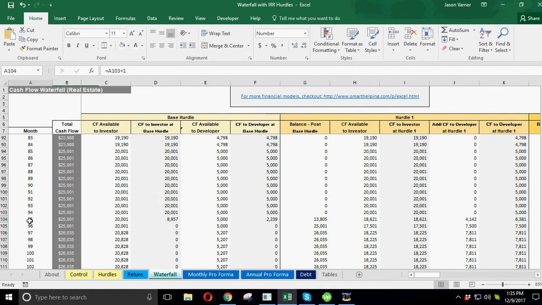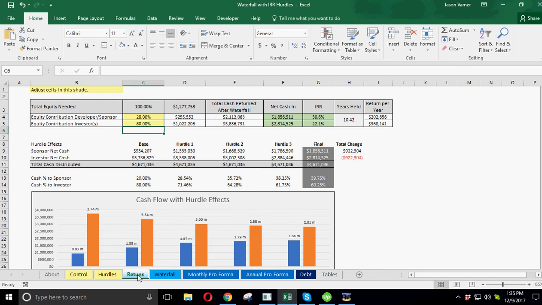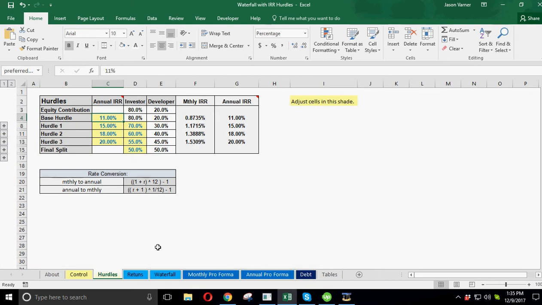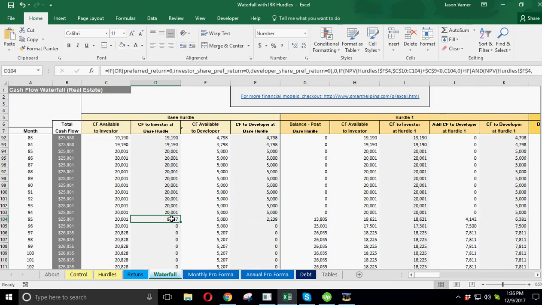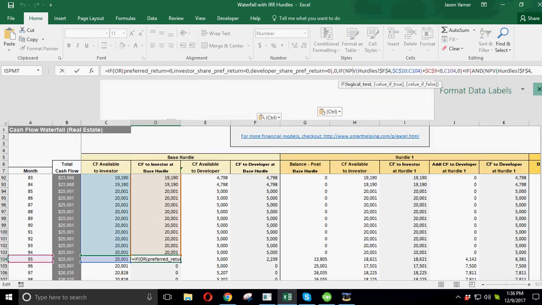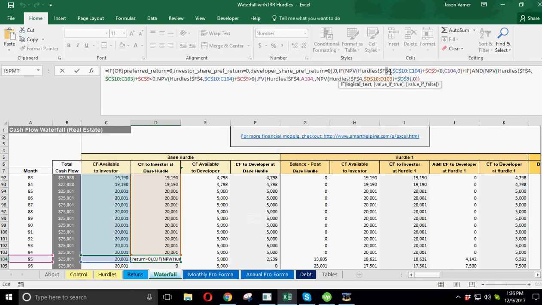Okay, so it's saying in month 95, the net present value of these cash flows is greater than 0 for the rate of return of 11%, which is your base hurdle. And on a monthly basis, it's just going to be F4. So you can see this is referencing F4 right there. It's taking the net present value with the hurdle as the rate, and then the cash flows are